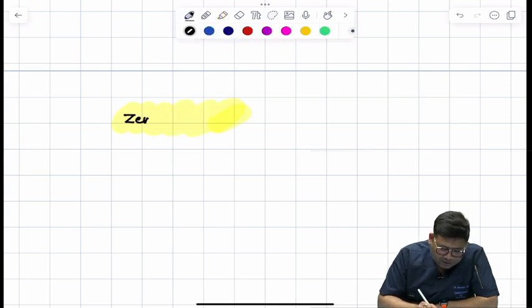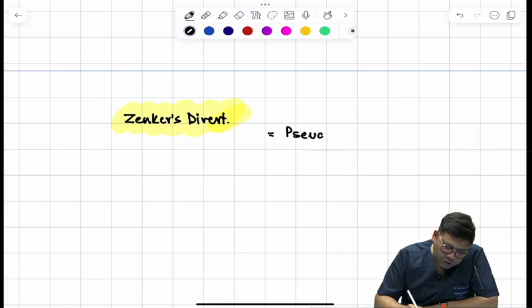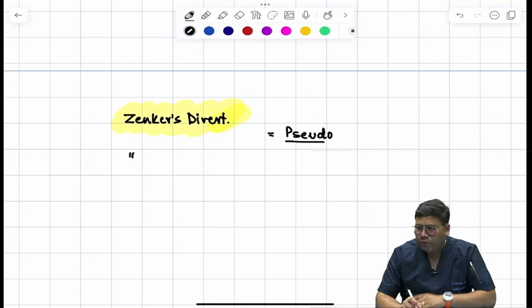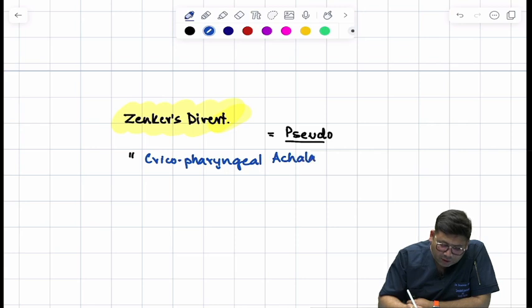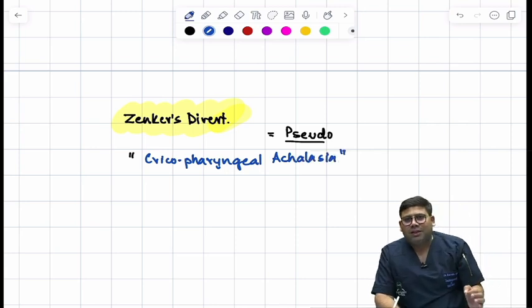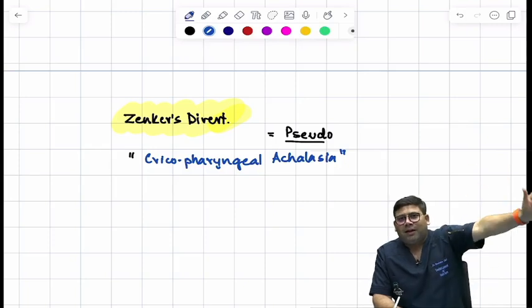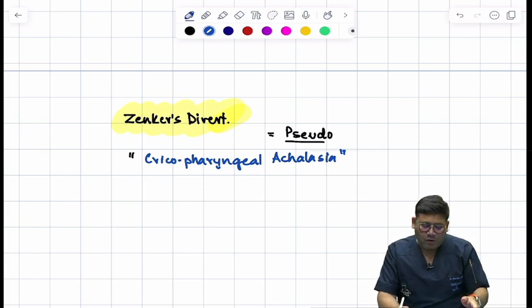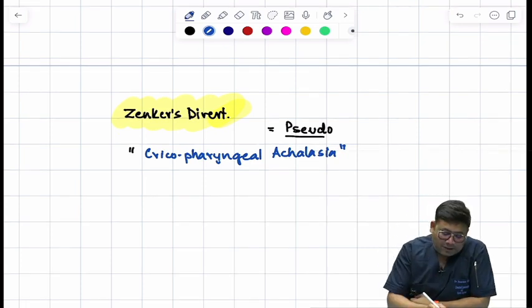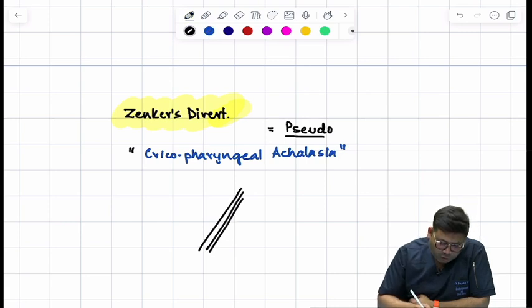बच्चे, when we talk about Zenker's diverticulum, what are the 2-3 must know points? Is it a true diverticulum? No, it is a pseudo diverticulum. What is another name for Zenker's diverticulum? बताओ फटाफट. It is also known as cricopharyngeal achalasia. अब एक बच्चा कहेगा सर, achalasia में होता क्या है? The hypertension of the lower esophageal sphincter is seen in achalasia. Same चीज अगर upper esophageal sphincter में हो जाए, so इसको कहते हैं cricopharyngeal achalasia, or you can say the Zenker's.